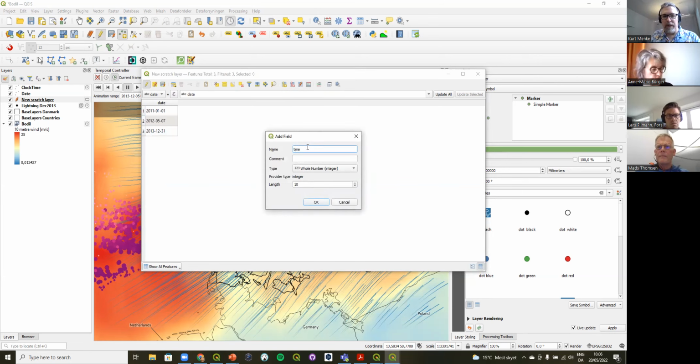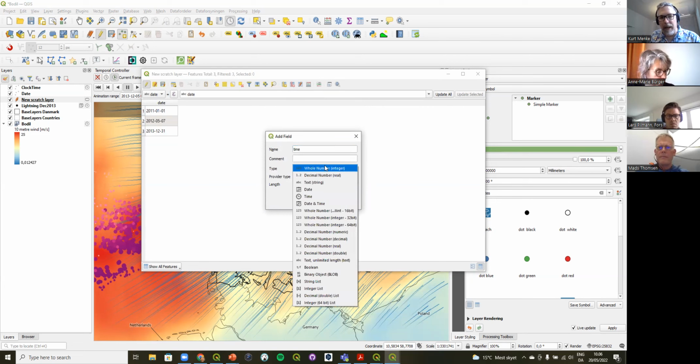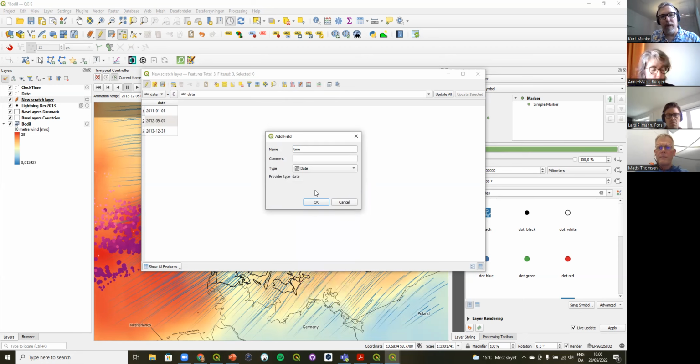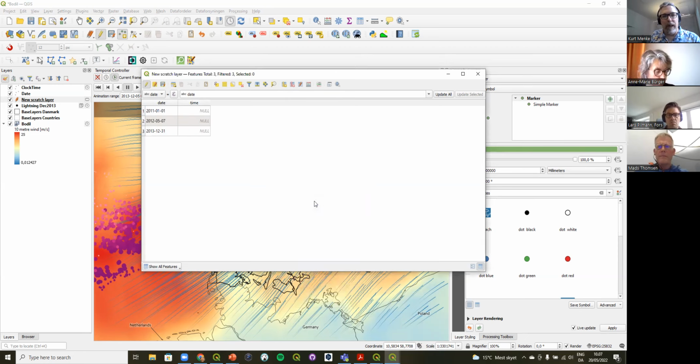I'll call it time instead, and I will choose either the date or the time or date, whichever format fits the kind of data I'm working with. Here I have dates, so I'm just going to choose date and click OK. And now I have this new field, which instead of storing something as text, will actually store it as a true date that QGIS can understand. So what I can do then is